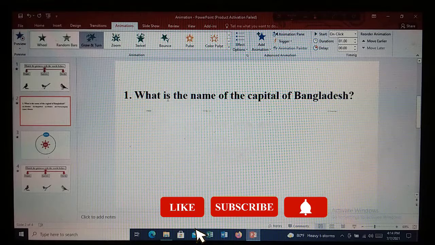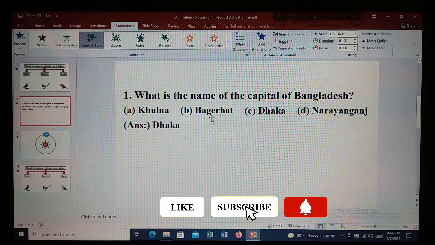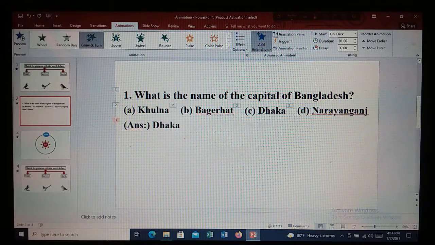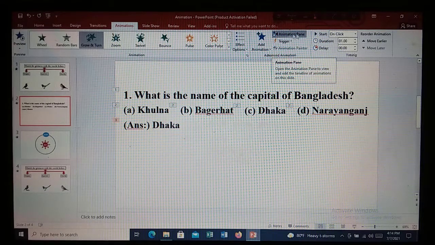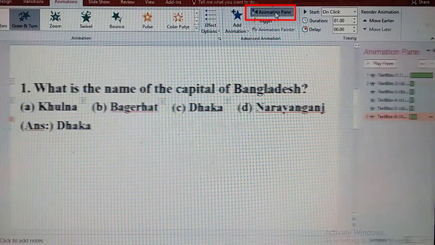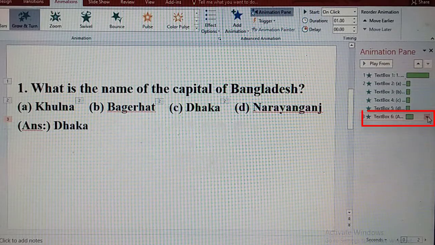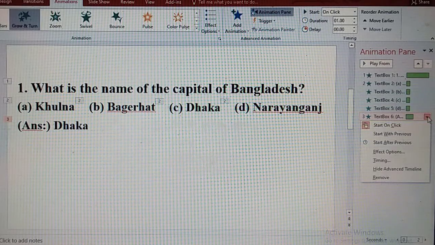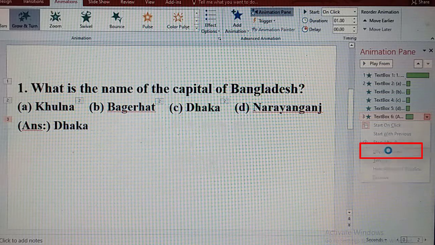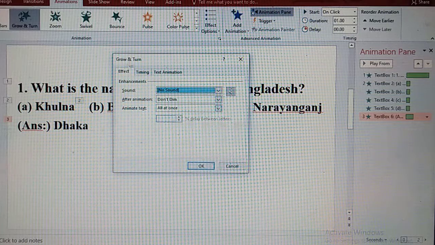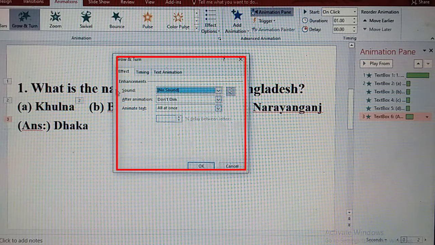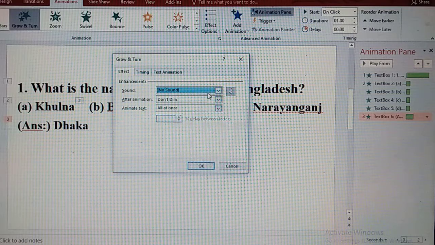Now go to the menu bar again and click on animation pane. Now go to the right side and click on selected down arrow box and later click on effect option. At last you will see such a box. From here you will see sound bar.